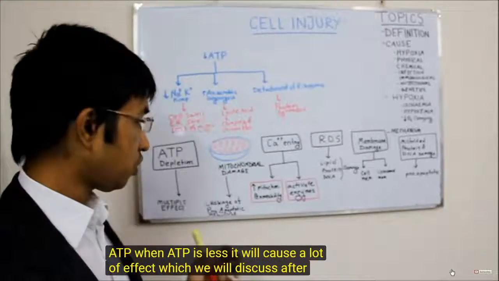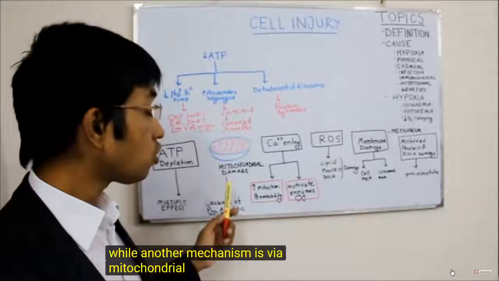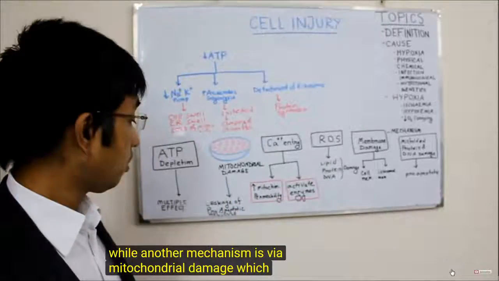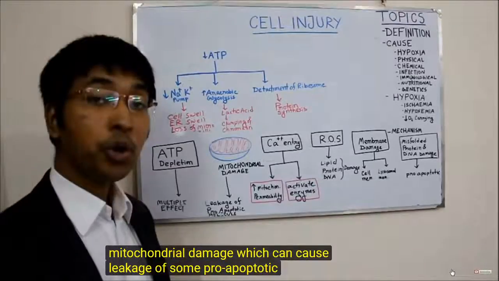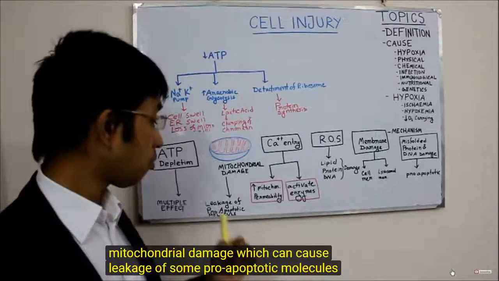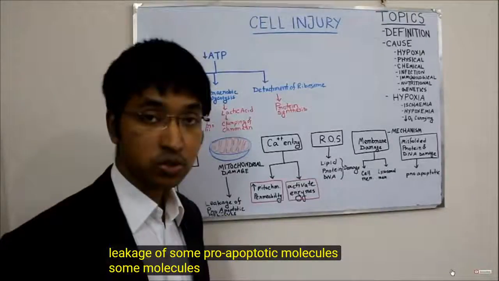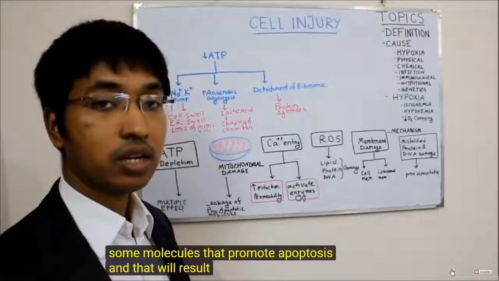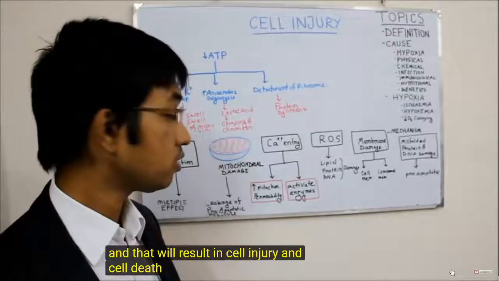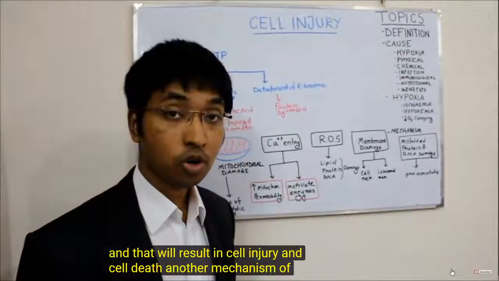Another mechanism is via mitochondrial damage, which can cause leakage of some pro-apoptotic molecules, some molecules that promote apoptosis, and that will result in cell injury and cell death. Another mechanism of cell injury is where we're having increased